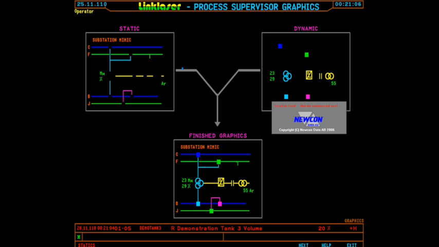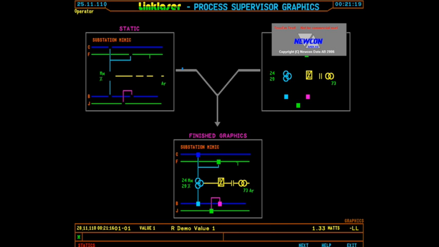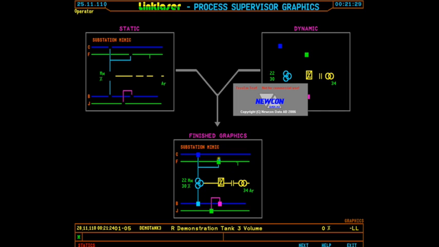that they were built as essentially 2 parts. The first was a static part. That's the part of the display that never changes, onto which we overlay the dynamics, and these are the values, effectively graphical values coming from or driven by the database values. And when we add the 2 together, as we can see down at the bottom, you can see that we get the completed display. Or actually it's almost a completed display,